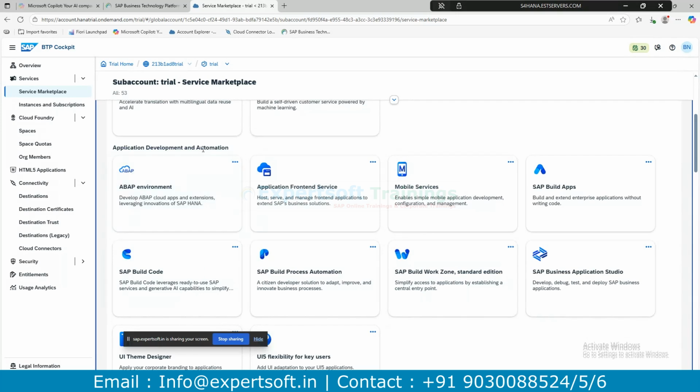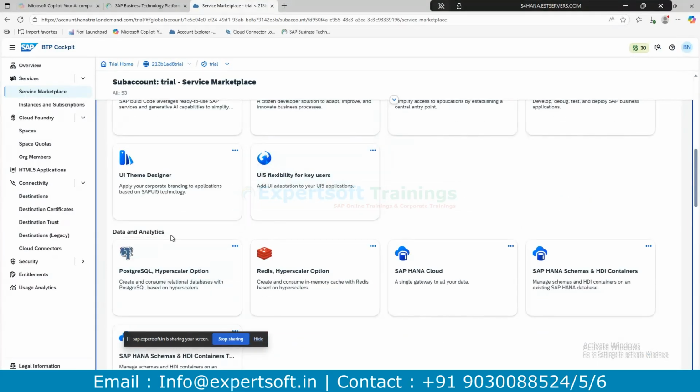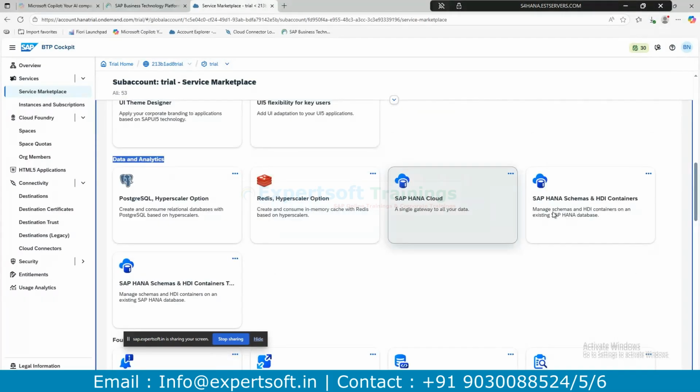If you access Business Application Studio, only a particular space is allocated. If the allocated space is exhausted, then you have to subscribe to one more space. If you use Build Apps, all the environments, you can go to only one environment, that is Cloud Foundry. And if you want to develop data and analytics, then there is SAP HANA Cloud.